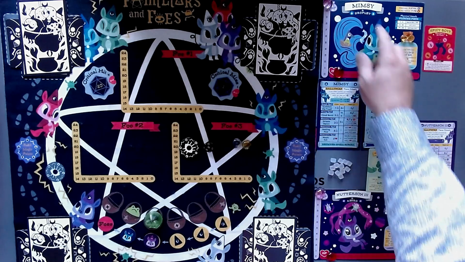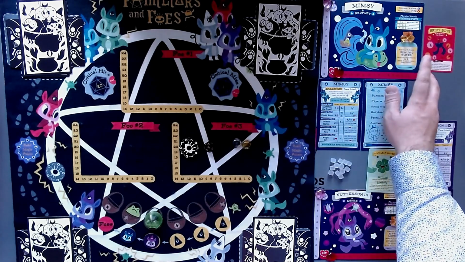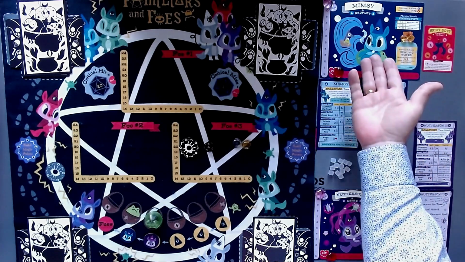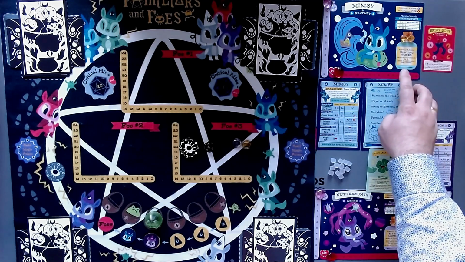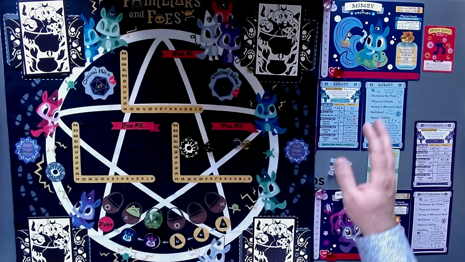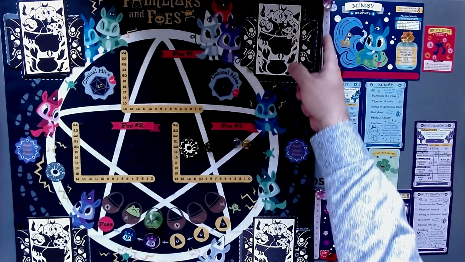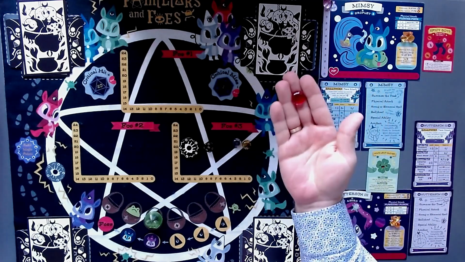So I chose Mimsy because Mimsy has the special ability Healing Water. They can return any one familiar, so that means Nutterson or themselves, to full HP, to full health. And this is pretty cool. This is very helpful because you will be losing a lot of HP. You see here the magic bar and the health bar, so we need to track these with these cool